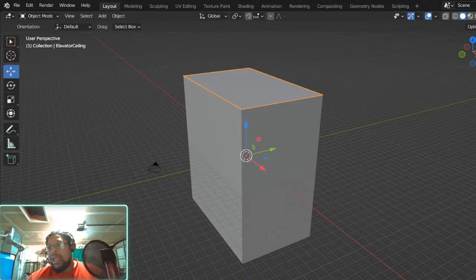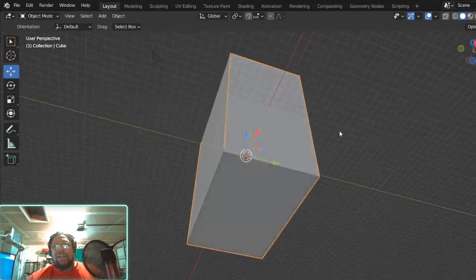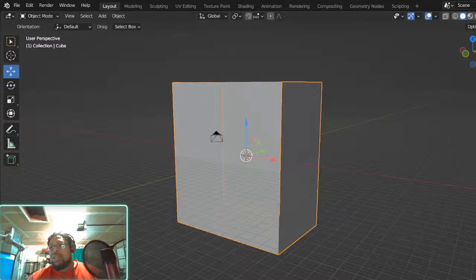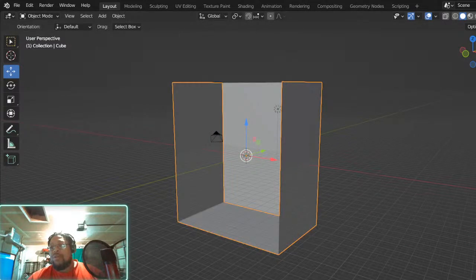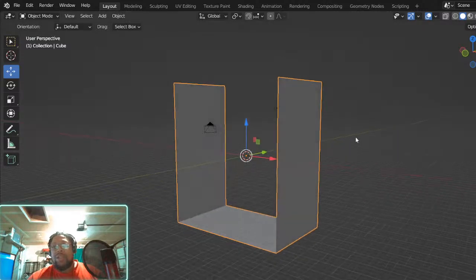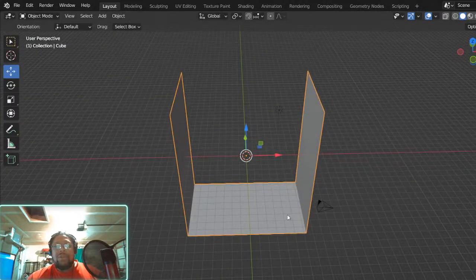For some reason, I want that A to be in there after that L. It's my lifelong dream. All right, back in this. We've got a few more joints. Let's see. I got the top off, what's left? The floor and the two side walls.